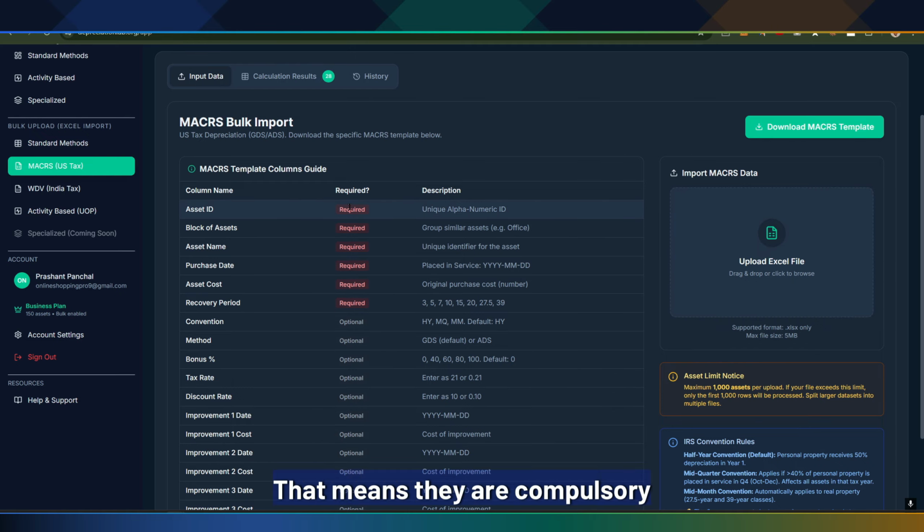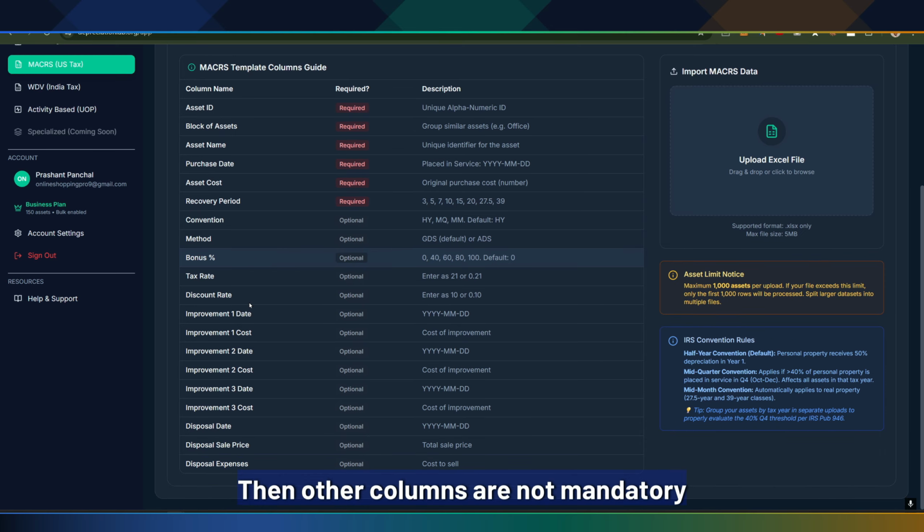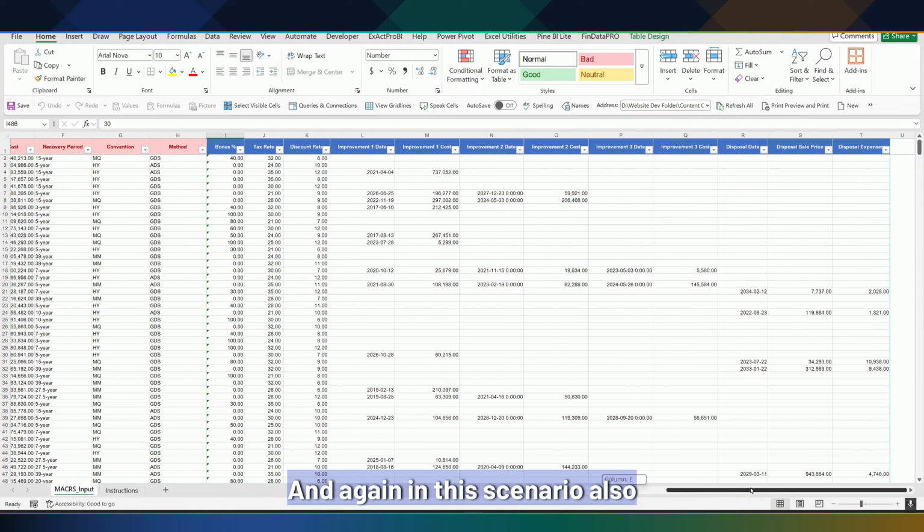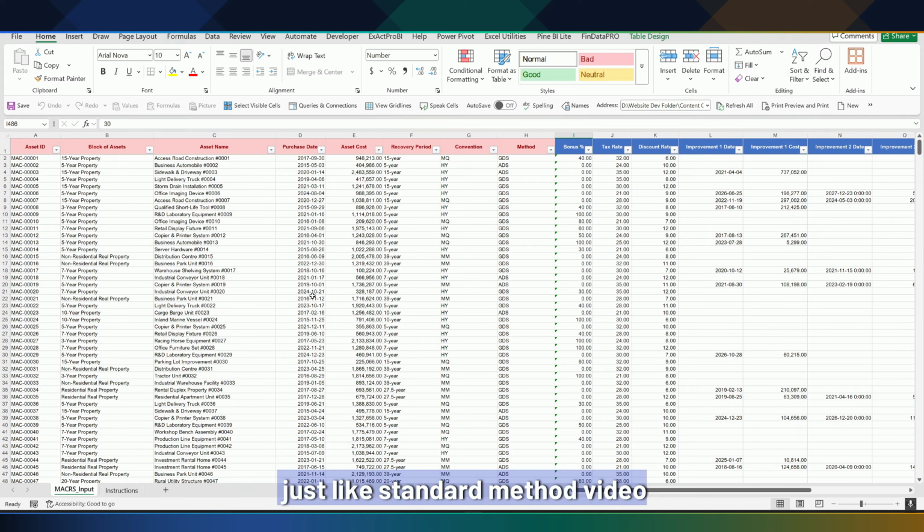That means they are compulsory in the template. So: asset ID, block of asset, asset name, purchase date, asset cost, recovery period. Then other columns are not mandatory, but it is better to fill all of them. So this is the template, as you can see. And again, in this scenario also, just like in the standard method video, in that particular template also